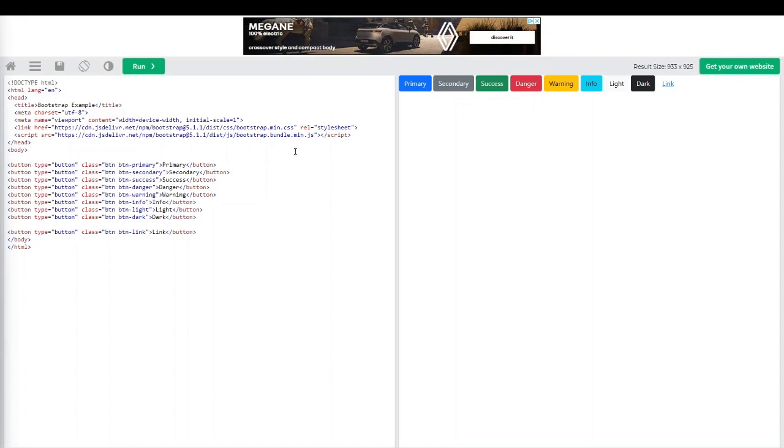And they're already pre-styled for you. They all have their own hover states as well. So it's pretty good if you wanted to have your own button link as well. You can use the